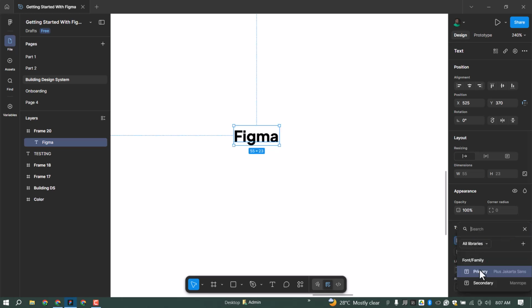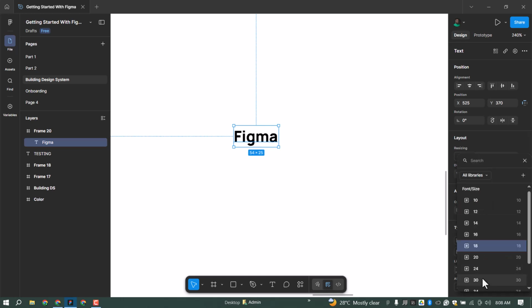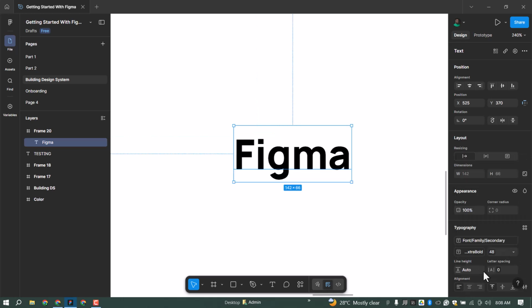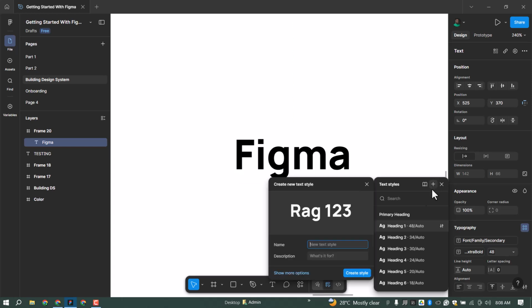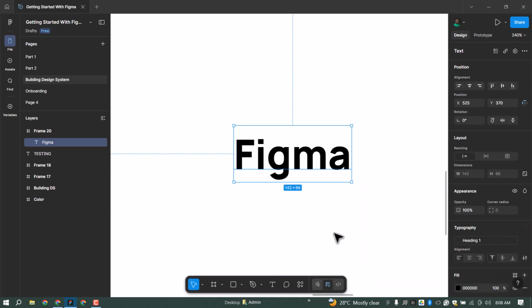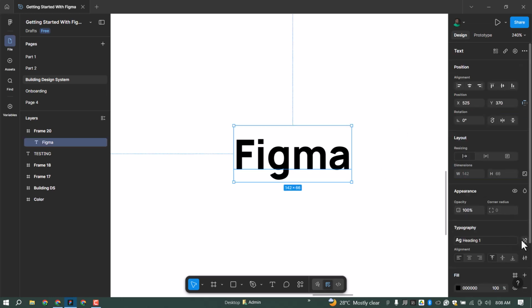Now this time around I want to change to my secondary font. As I'm still maintaining this bold, then go back to 48. So this is my Manrope font now. Then click on create style. So I will name this heading 1. Now don't forget, this new one that I'm creating is for my secondary font. Do you understand that? So detach,